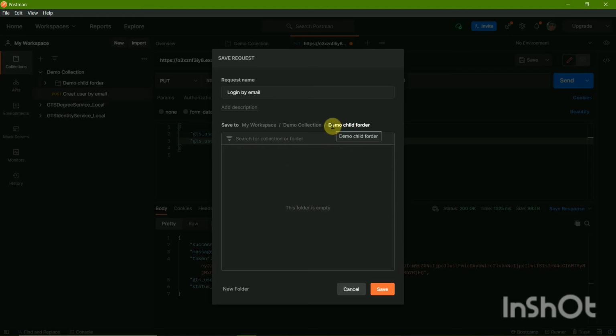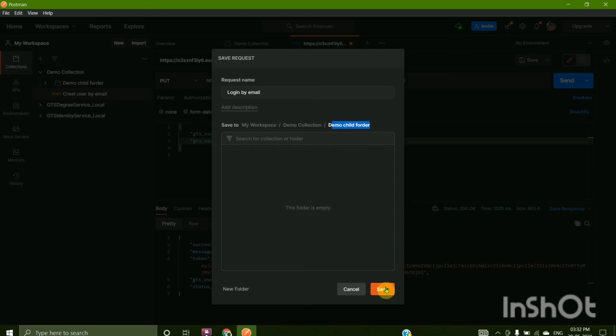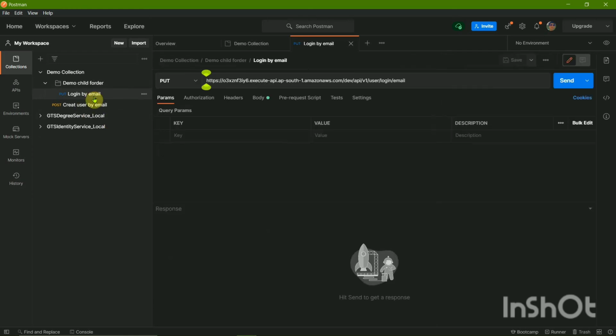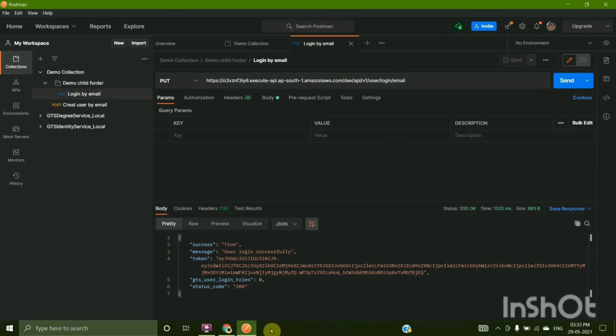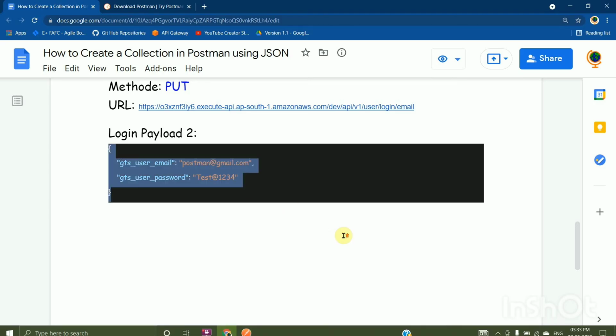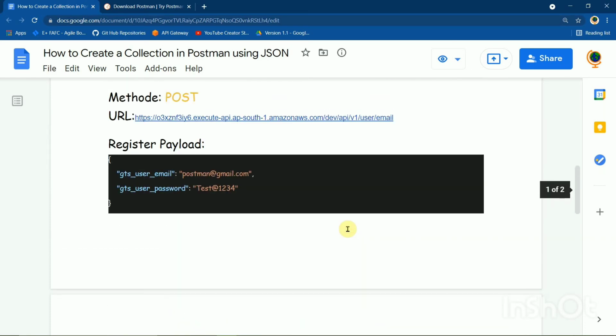Now we are directly in the child folder. Now on clicking on save, the request gets saved in the child folder, the login by email. So there was a put method.